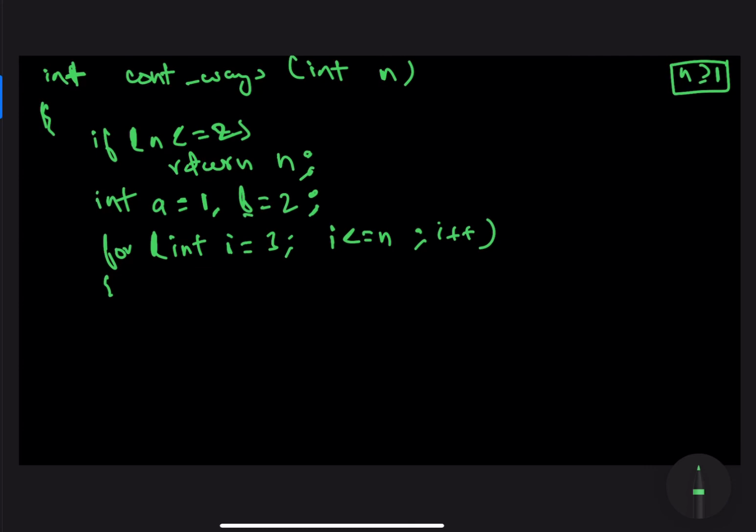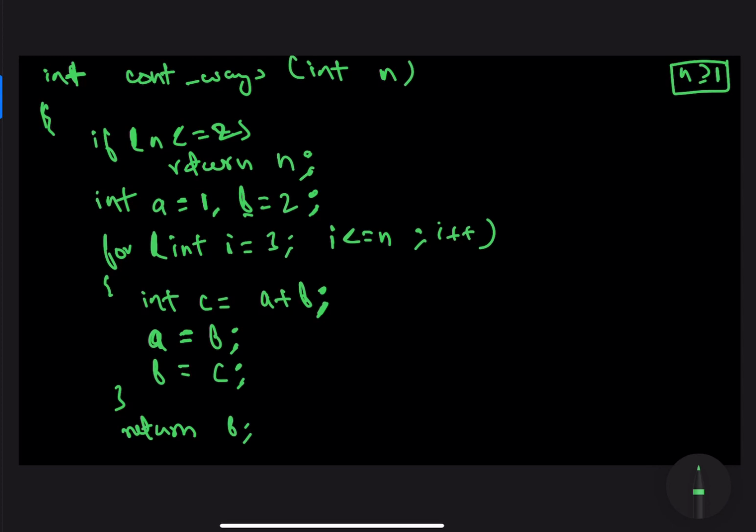All right, so how do we do that? It's very simple. First I will compute the value of dp of i, that is c equal to a plus b, where a is equal to dp of i minus 1 in this case, and b is equal to dp of i minus 2 currently. Now I would update the value of a as b, and I would update the value of b as c. So just like that, at the end of the ith iteration, the variable b starts pointing at dp of i, and variable a starts pointing at dp of i minus 1. That's how we proceed with this entire loop, and at the end of this loop you can return